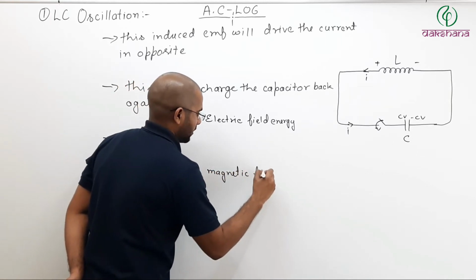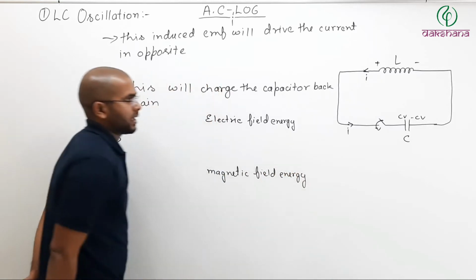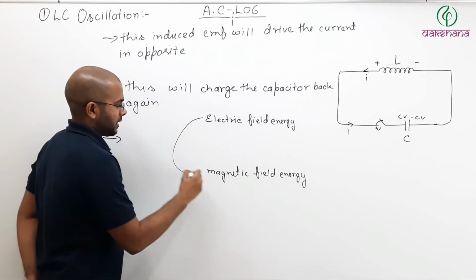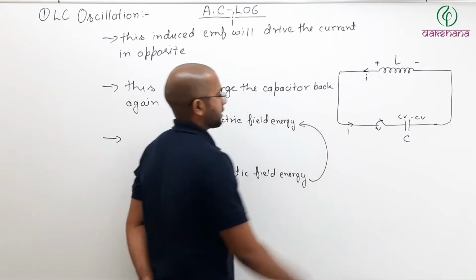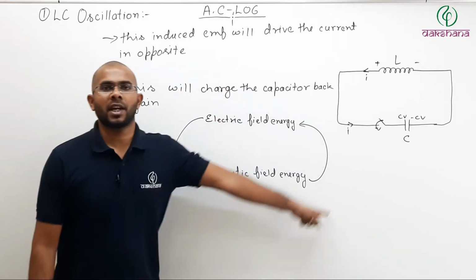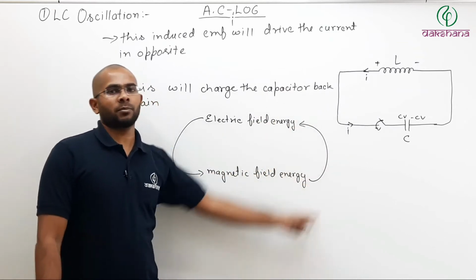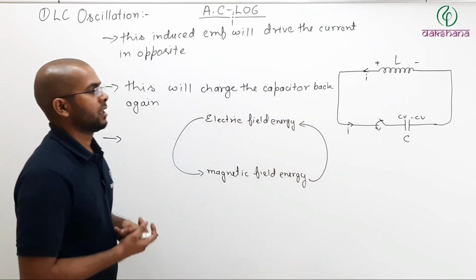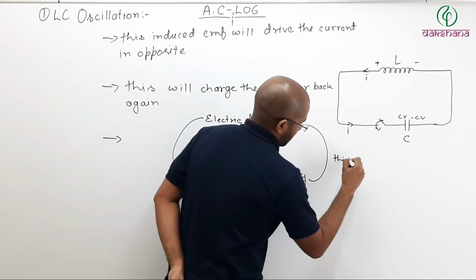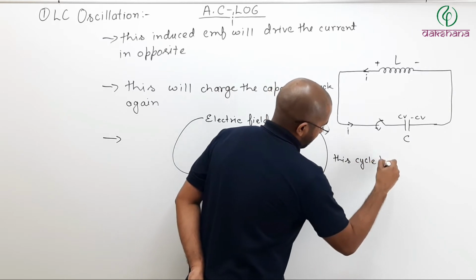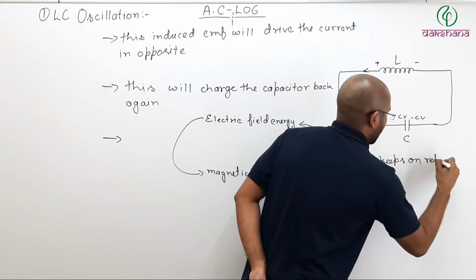Magnetic field energy. So what happened? Electric field energy back to the magnetic field energy, magnetic field energy back to electric field energy, and this keeps on happening. First electric to magnetic, magnetic to electric, again keeps on occurring. So this is a cycle. These cycles keep on repeating. So this cycle keeps on repeating